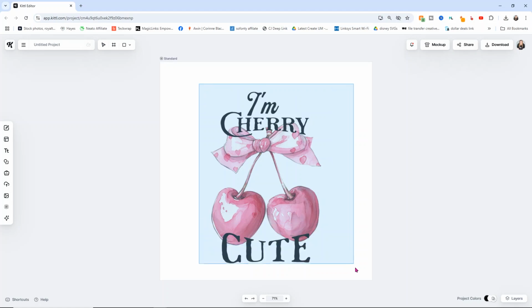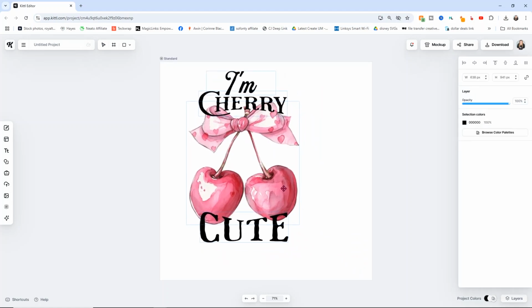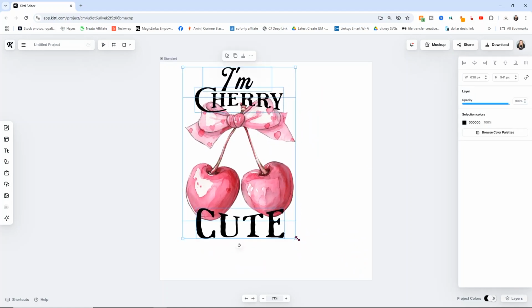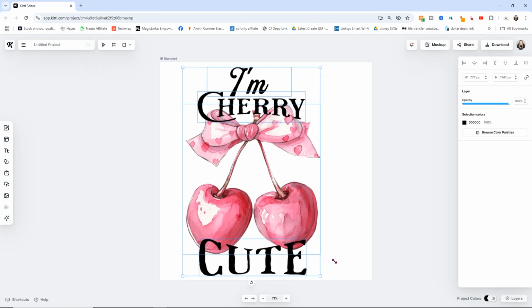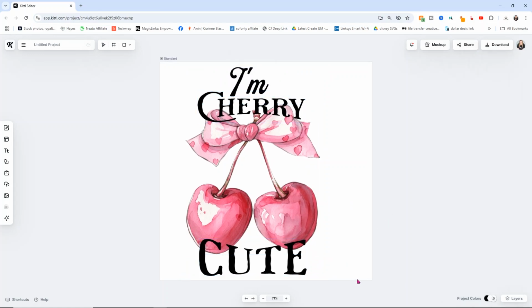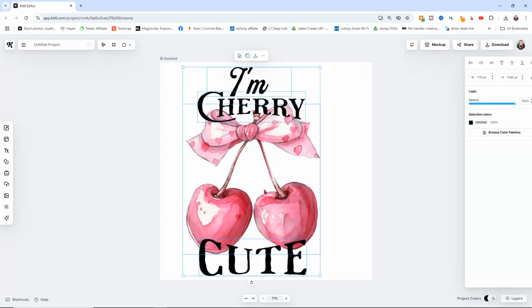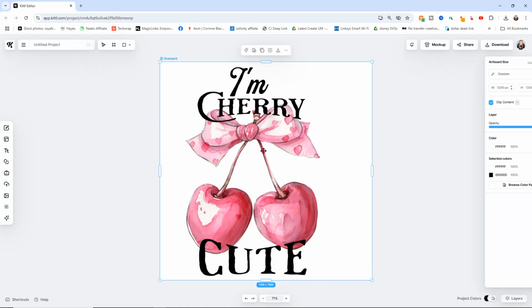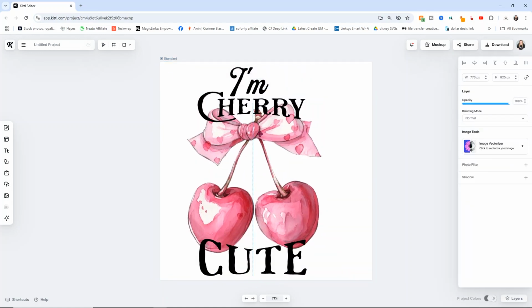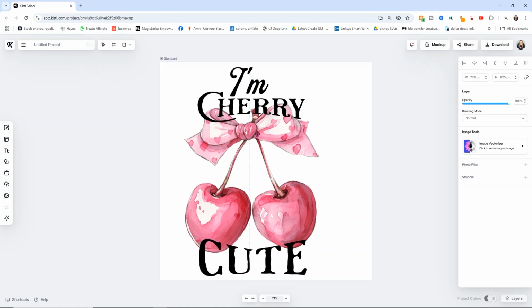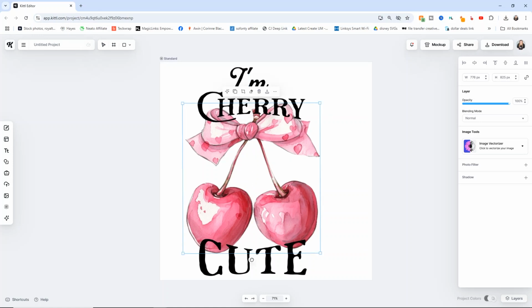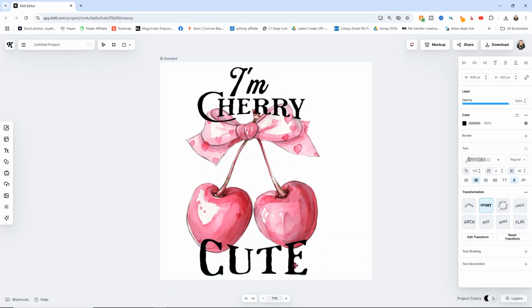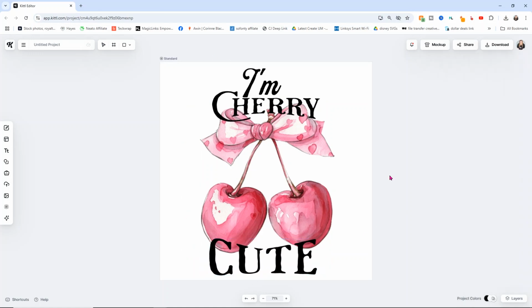I'm going with that. I'm going to select my entire design, and I'm just going to move it on the screen, and I'm going to make it pretty big because I do want it to be pretty large. And it really doesn't matter necessarily how big you make it, but I do like to make them pretty large. And then I'm going to center it just because it bothers me if it's not centered. I'm just going to fix the centering on the design. I don't think it's quite where I want it. Okay, now that I'm happy with the way that this is all laid out,